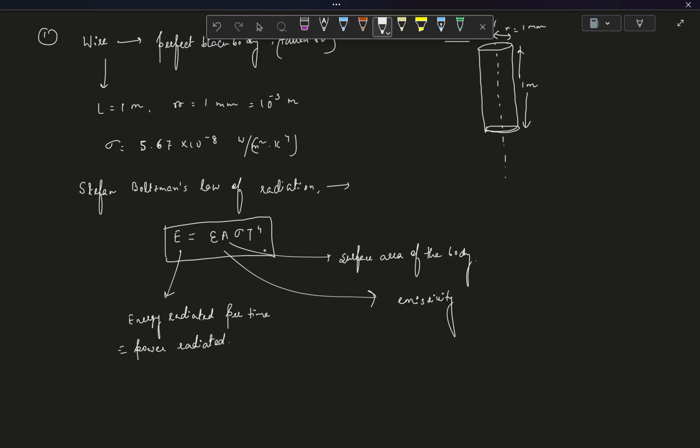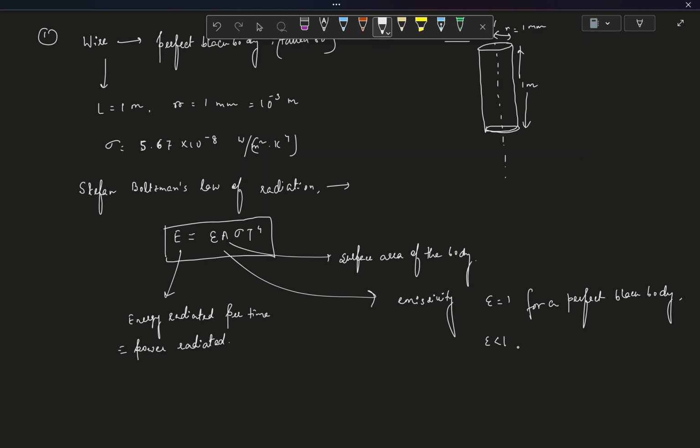So if the body is itself a perfect black body, the ratio will be just 1, because if you compare a black body's emission power with respect to a black body as standard, then the ratio will be 1, obviously, right? So for an object that is taken to be a perfect black body, this emissivity epsilon will be 1. So epsilon equal to 1 for a perfect black body. But if it is not a perfect black body, then it is not equal to 1,